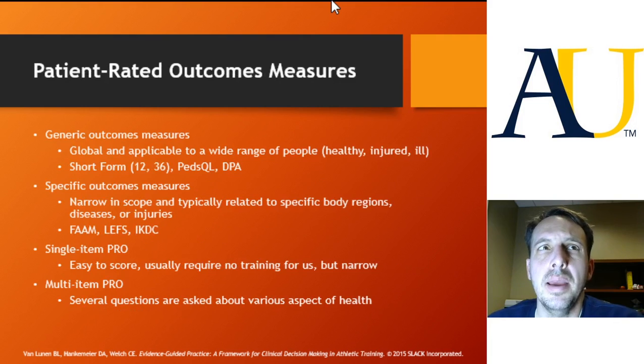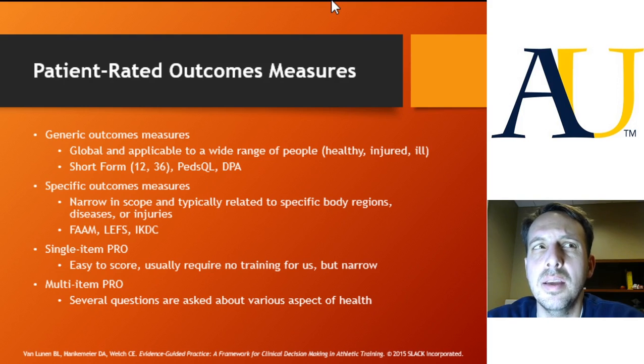So when we talk about patient-rated outcome measures, there are all sorts of different patient-rated outcome measures, but we categorize them based off of whether or not they're generic or specific, as well as their length. Generic outcome measures are specifically designed to measure things like health-related quality of life. The idea that health determines a lot of the quality of life that individuals live. And so the idea here is that we have a single instrument that can cover a large amount of populations,